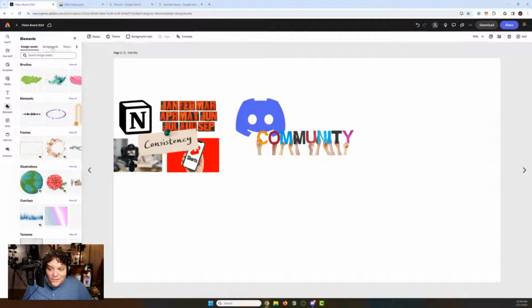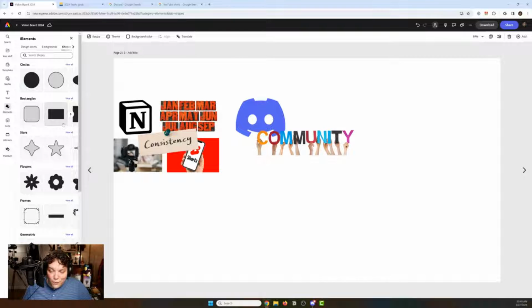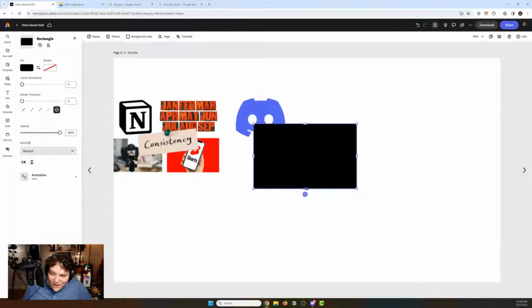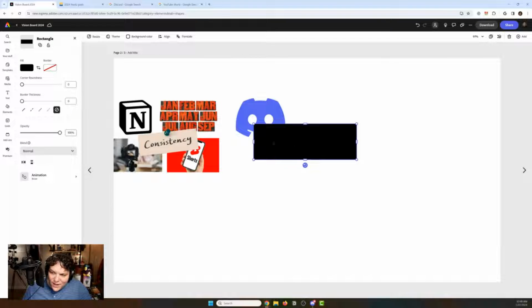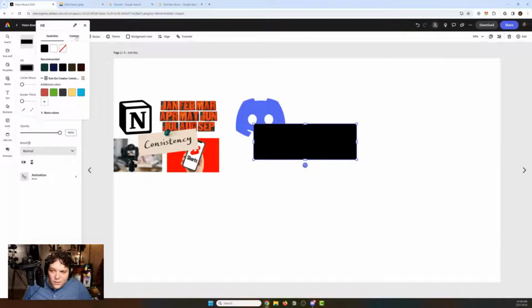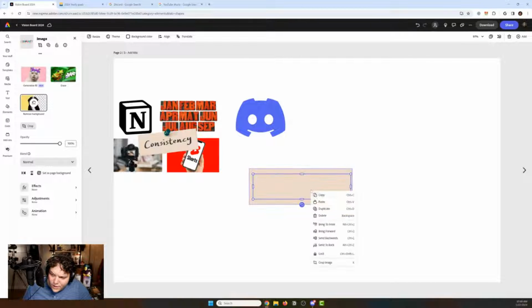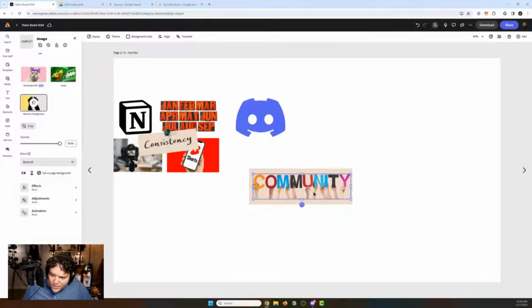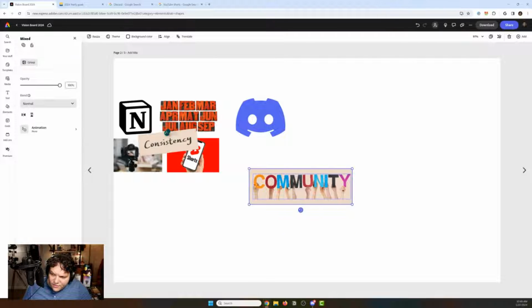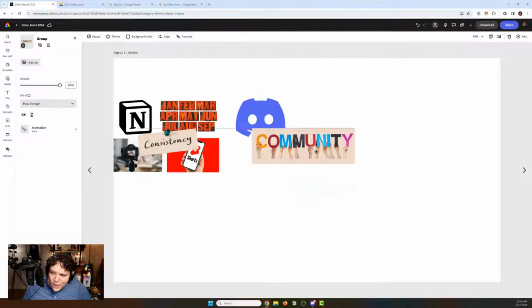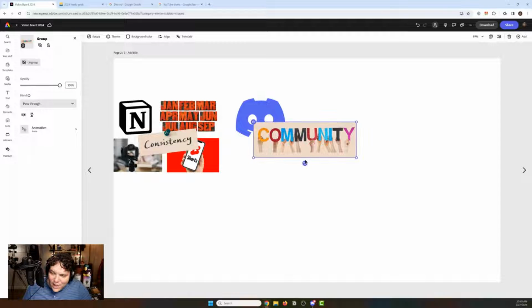And again, the cool thing is that a lot of this is free. A lot of what I'm showing has not had that paid icon. So if I want to match this look, I could click fill, then click the eyedrop tool here, find this color, bring community to the front by right clicking, and then I can just group these two together by right clicking or hitting Control G. And then instead of just community on that white background, I now have it here.